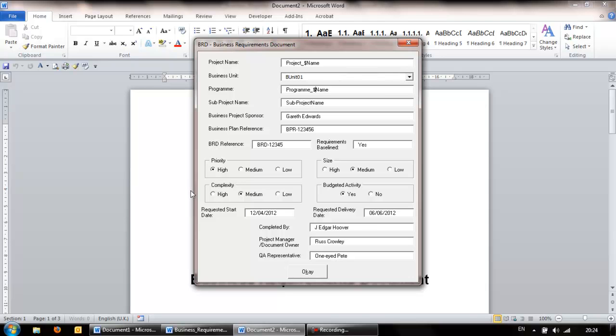As you can see, having this kind of form certainly improves your templates and documents, and certainly makes the look and feel a lot better, a lot nicer. The user experience is far better. If you've got to enter your project name 50 times in the document, you don't have to do that anymore. You just enter it once here and hit the button and away you go. It minimizes the chance of error, and you've got to admit it does look very, very professional. Then all we do is click on the OK button,